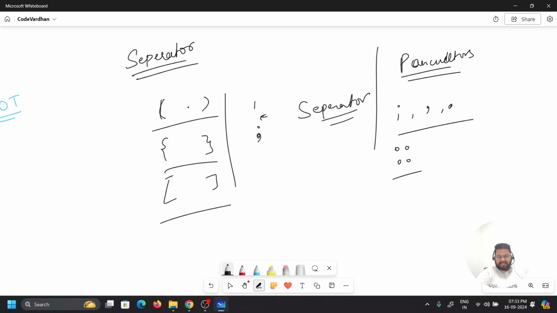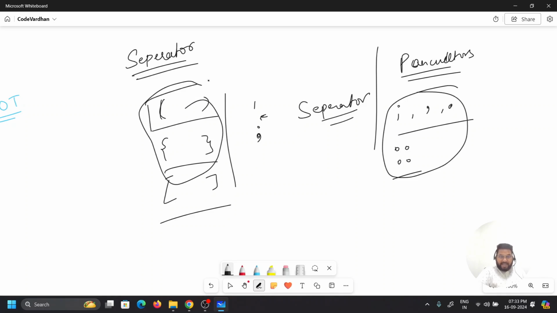In this series we are going to learn Python, where we hardly use these brackets and punctuators. We are also not using parentheses, but we are going to use braces and brackets. One more thing: in programming languages, these are called parentheses, these are called braces, and these are called brackets.